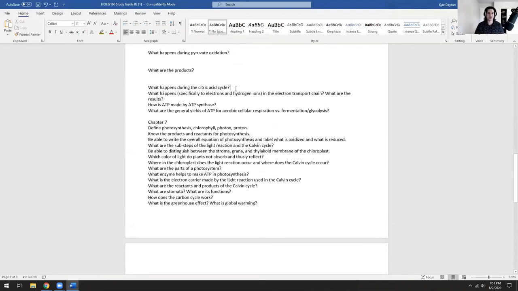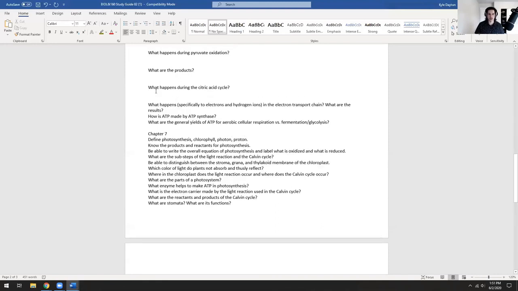What happens during the citric acid cycle? That's a lot of stuff, but I'm not going to focus fire on that on the test either. Just know that that's going to be the major step where you're going to produce the most CO2. So during the citric acid cycle, you're going to make a lot of CO2. You're going to shuffle around atoms, strip away electrons, create some ATP, and then form the starting product again.